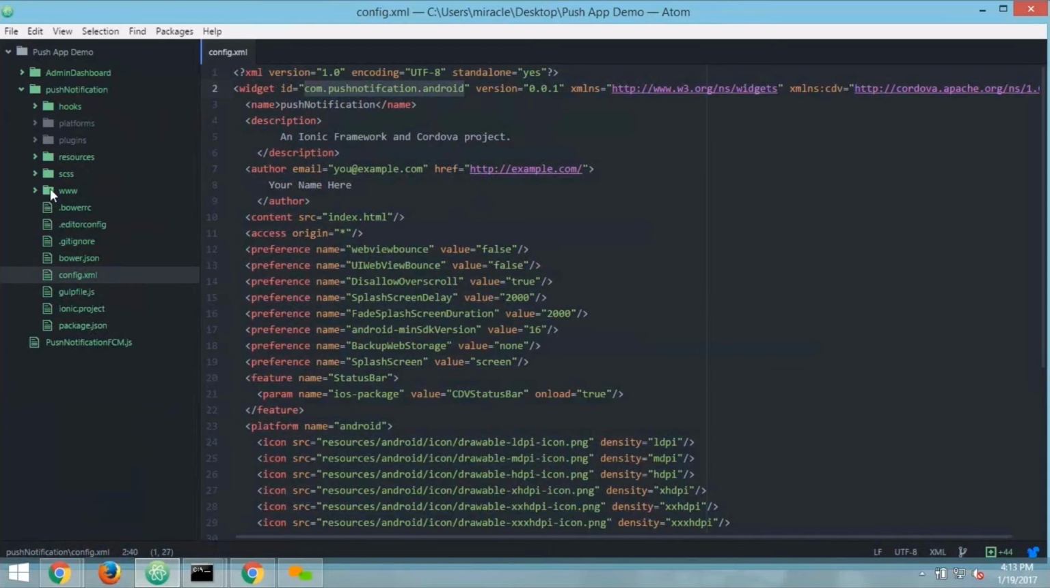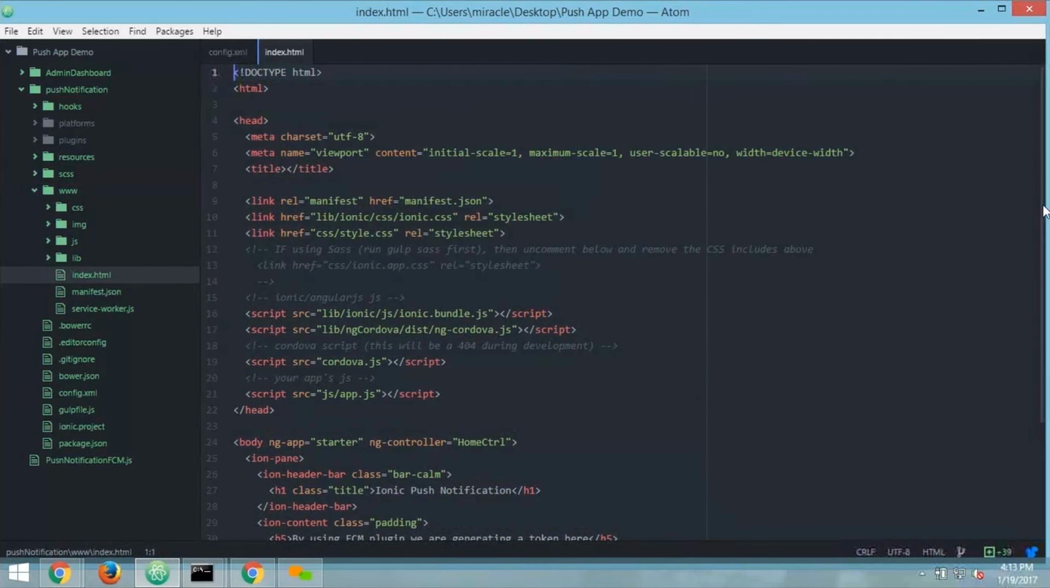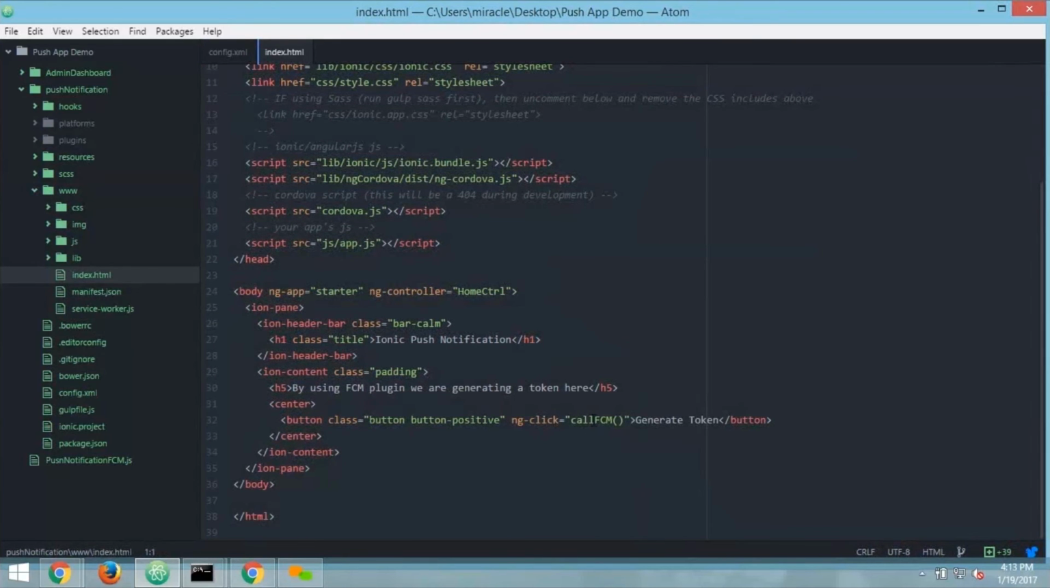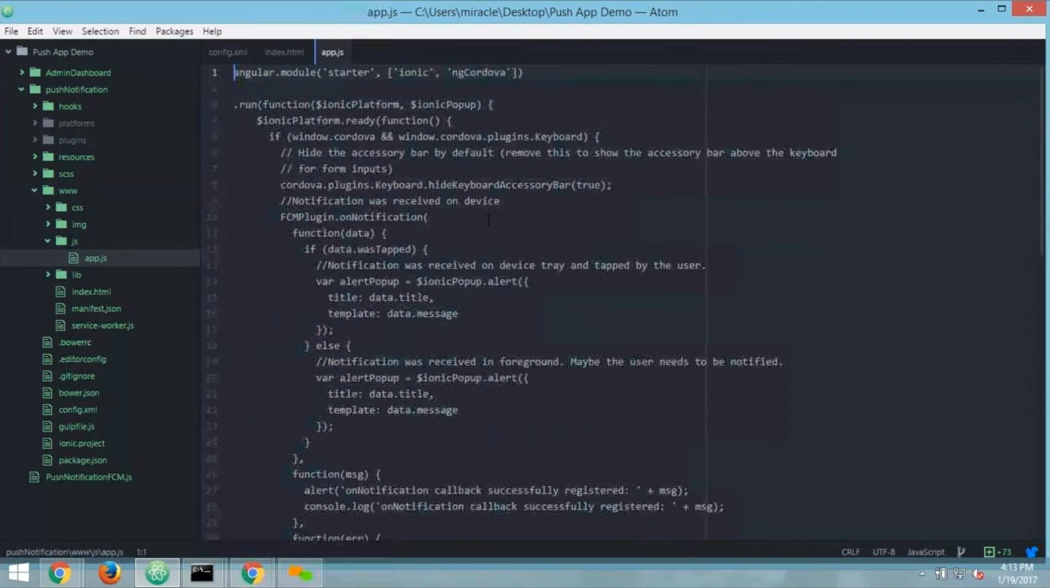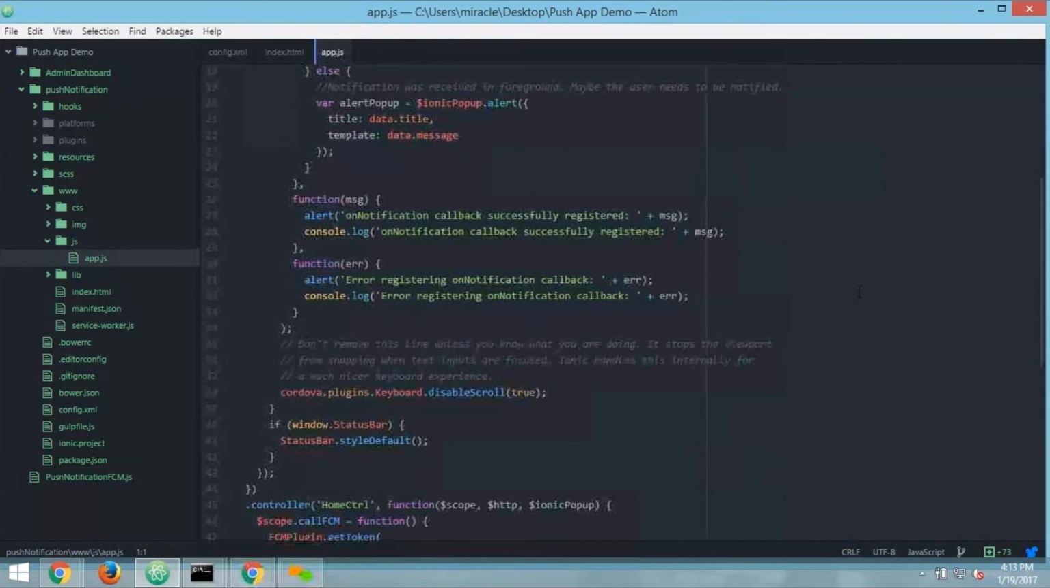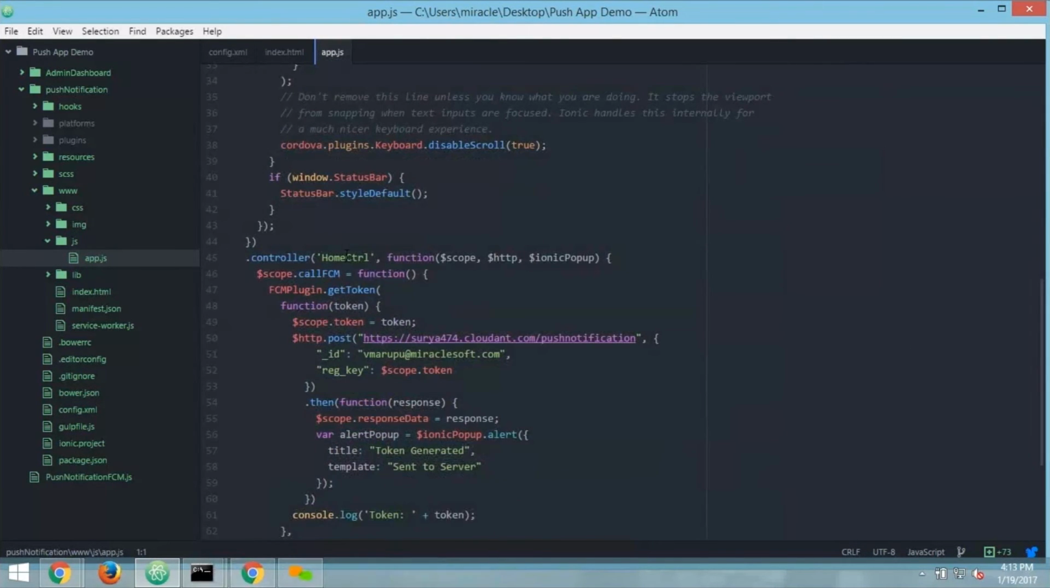And then open your index.html. Basically, index.html contains one button called Call FCM. Then it will call the corresponding controller, the home controller in app.js. Here is the controller, home controller. And whenever the user clicks on Call FCM, it will call this FCM plugin getToken. It will generate one token for your Android. I'm storing that particular registration ID into this CloudEnd,